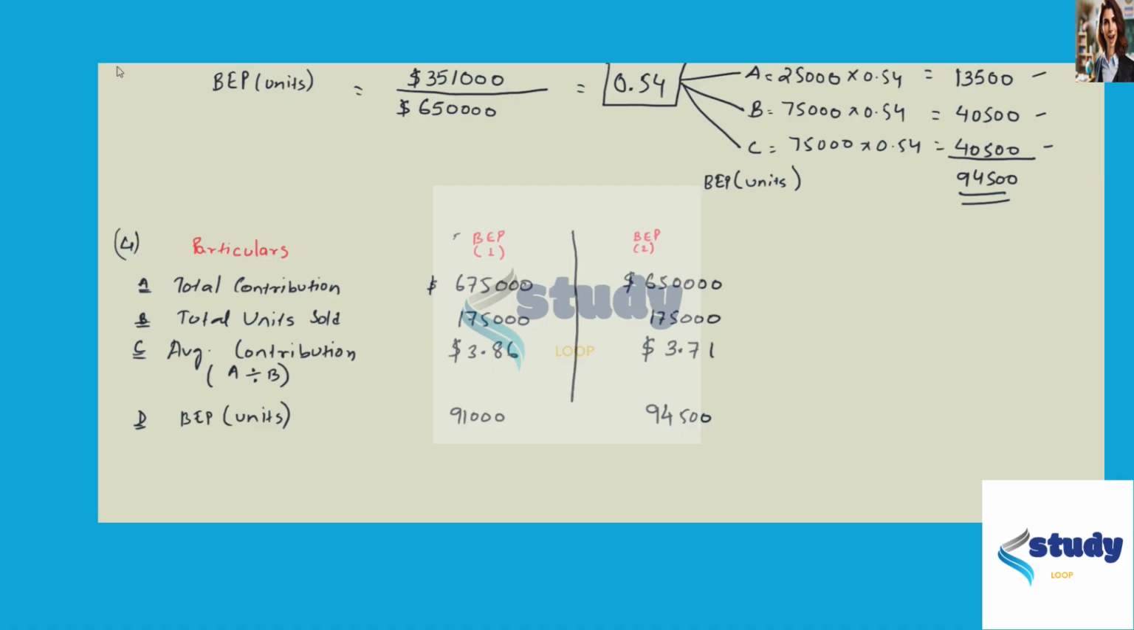So if we analyze these two options, that is 1 and 2, then we can see that in the first option we are reaching the break even point earlier than the second one. That is, if we sell 91,000 units, then we will be having our break even point. And for the second option we need to sell 94,500 units in order to have our break even point. So there is a relationship between the average contribution and break even point units. That is, if the average contribution is more, then we will be reaching our break even point earlier, and if the average contribution is less,